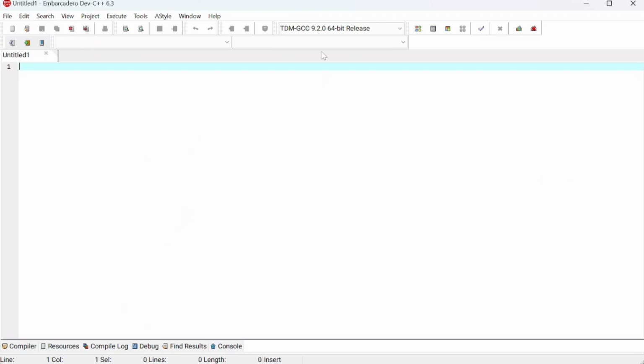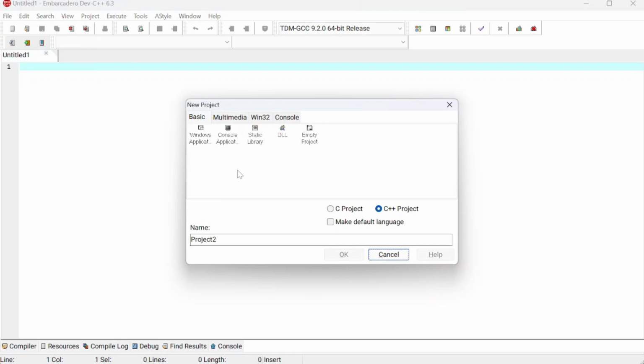I click on the source file and it's going to take me to a blank file that I will be able to edit. But then let's say I'm looking for a file that has a structure already, I will just click there, go to project, and then choose which application I want to work with. In our case, we are going to work with console application, and here it's the languages that this Dev